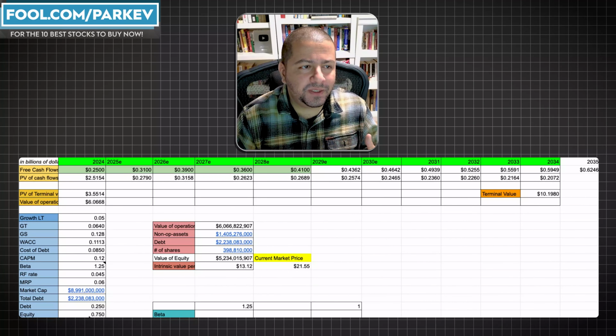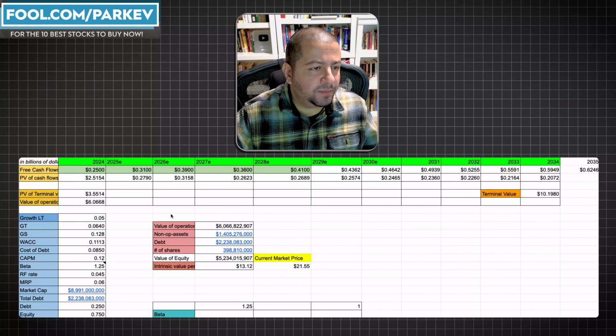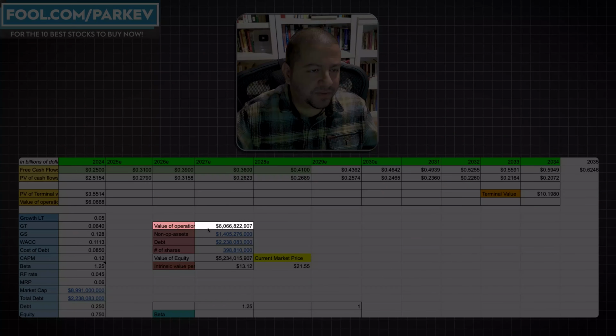So please proceed with caution. Do not take these numbers as precise numbers. These are very wide ranges that could change the outcome if you change one of these inputs by even a small percentage point. Moving on, the value of operations of 6.1 billion, we need to add the company's cash balance